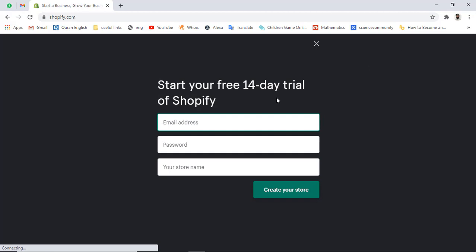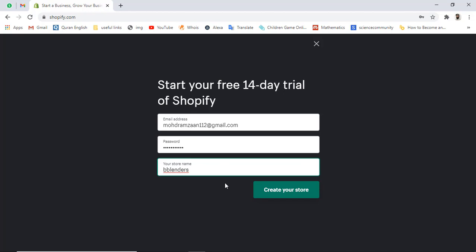You will get a form in which you have to add your email ID. Then you have to create a password for your store, and this must be a strong password, and then you have to add your store name. For this video I am going to create a store named B Blenders, which means best blenders. Once you have added the store name and everything, click on the Create your store button, and